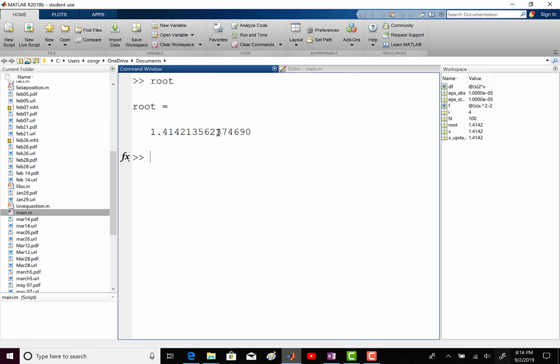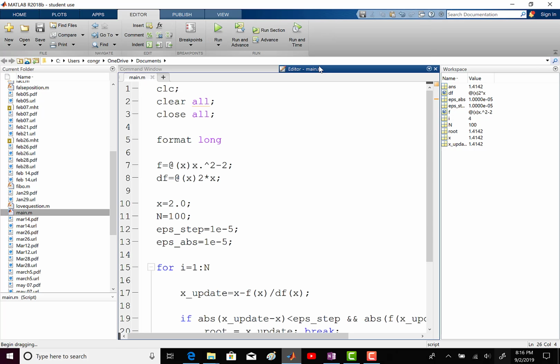Then you can find the root. Okay, so which is very close to the square root of 2. Okay, so this main file works very well. And then before we talk about problem 2,